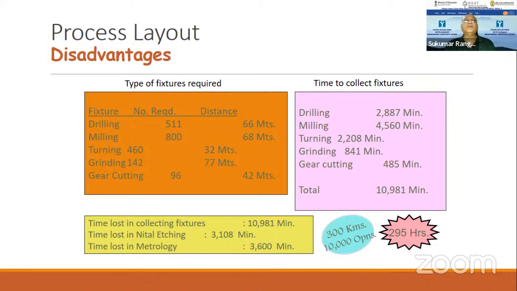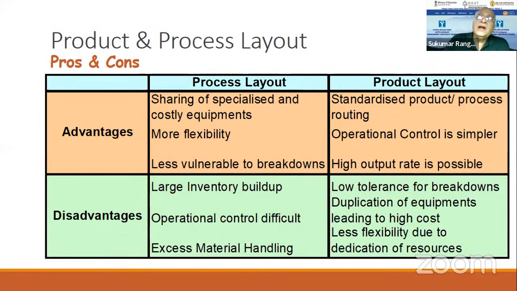And one of the techniques to resolve this is what we call line balancing. It will come a little later in the course. The advantages and disadvantages between process layout and product layout: in process layout, there is the sharing of